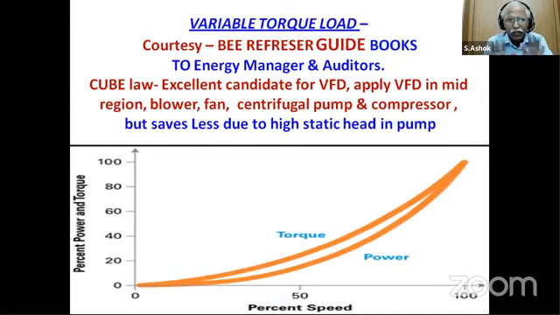Typically, the Bureau of Energy Efficiency shares only one aspect: classify your loads as variable torque loads or constant torque loads. Many centrifugal pumps and compressors, and mainly the blowers, come under variable torque load, where the RPM of a given blower is a very critical value, which indicates the flow, the static pressure, and the kilowatt consumption of the blower. We call it the cube law.